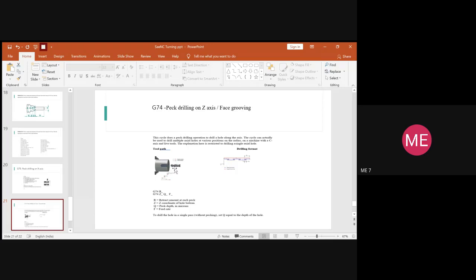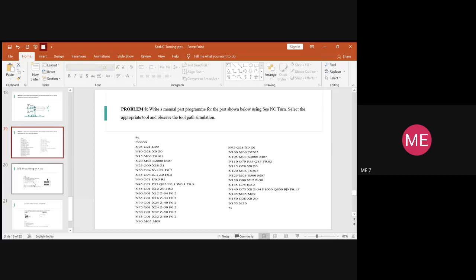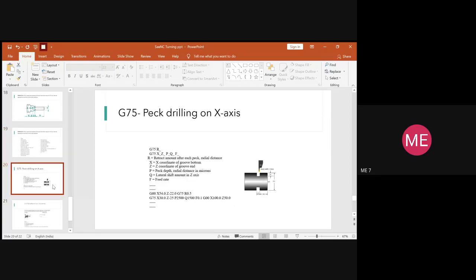For that, you have to use the syntax G74. Since we need it along the direction parallel to the X-axis, we are using G75 now. So you should always be familiar with when to use G75 and when to use G74. If you go by mistake with G74 instead of G75, it will show an error, because you need the groove cutting parallel to our X-axis.